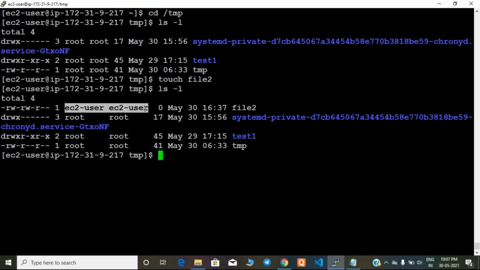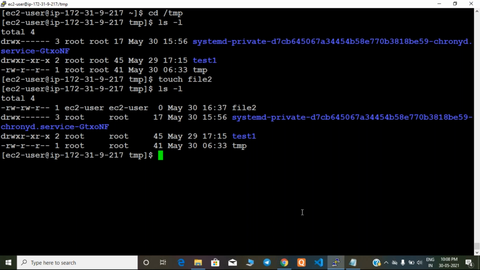That's the reason it's showing 2. So as an owner, I will have full control over this file, guys. I can manage this file. I can give access to a different user to whom I want to give. It's completely your wish.